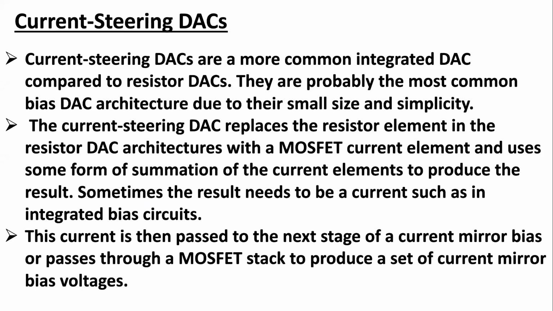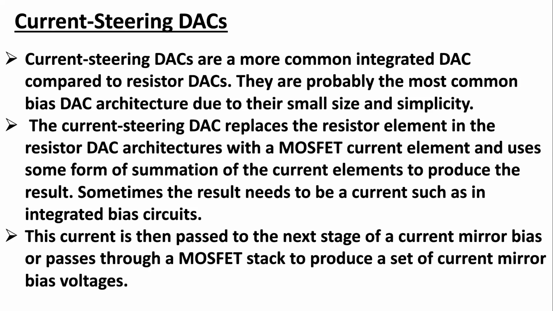Current steering digital to analog converters are a more common integrated digital to analog converter compared to resistor digital to analog converters. They are probably the most common biased digital to analog converter architecture. Due to their small size and simplicity, the current steering digital to analog converter replaces the resistor elements in the resistor digital to analog architectures with MOSFET current elements and uses some form of summation of the current elements to produce